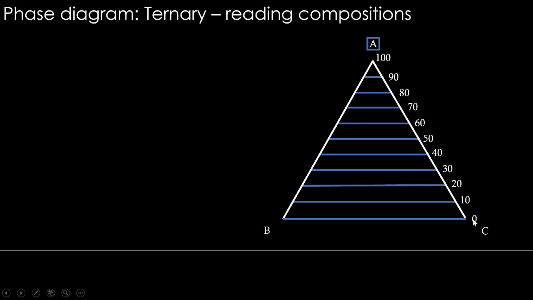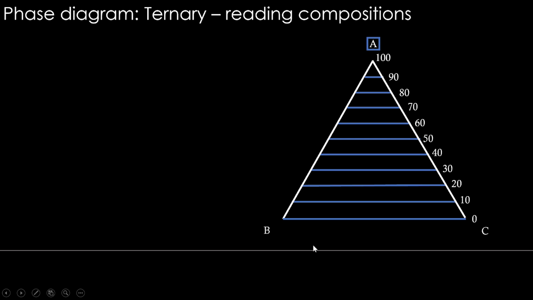Here on the right side, this axis, we have represented 0 to 100. So this is A content. We could have represented it on the left hand side also from 0 to 100, but whichever way it goes from 0 to 100, 100 should be at this corner, that is going to be the amount of A axis. Right now it is on this right side.